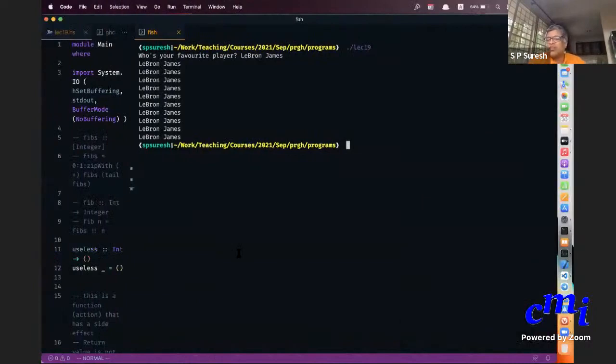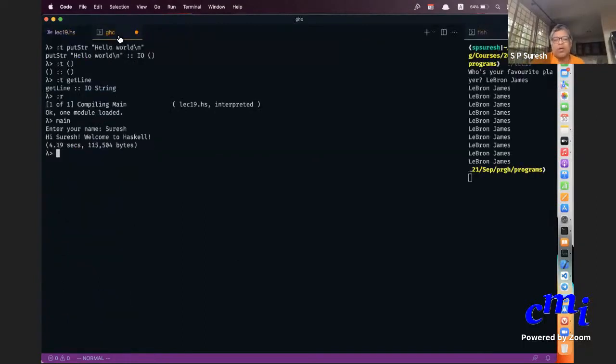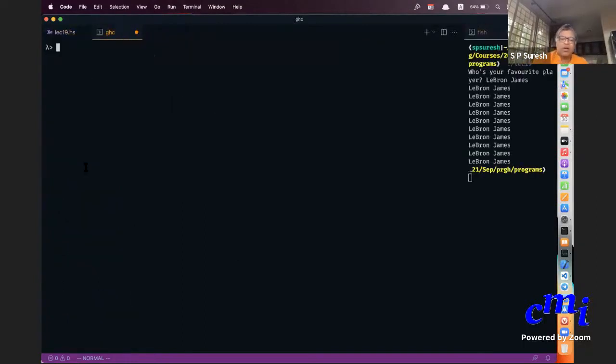Return is a function that promotes something. It can actually promote many things. It can promote an integer to a list of int by making a singleton list. For instance, you can come here and say return 5 of type list integer, or return 5 of type maybe integer.